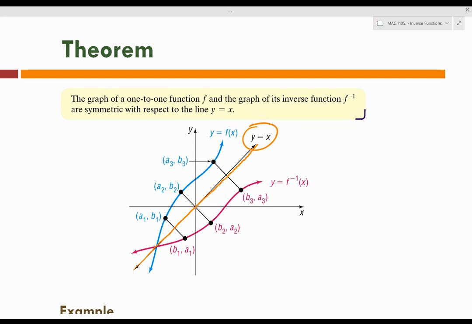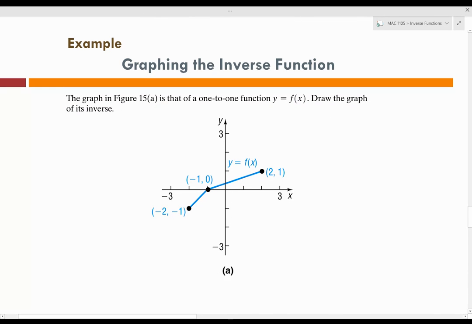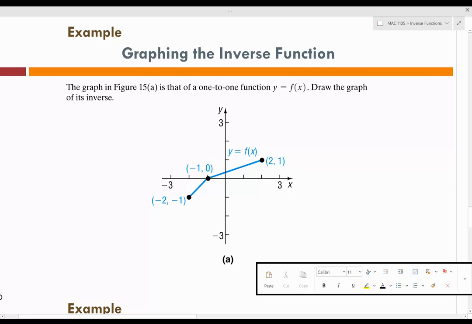Okay, so let's look at this example problem. This problem says the graph in the figure, which I posted below, is that of a one-to-one function y equals f of x. They want us to draw the graph of its inverse. Okay, so let's look at the coordinates really quickly. So if these are the coordinates on f of x, then the coordinates on the inverse,